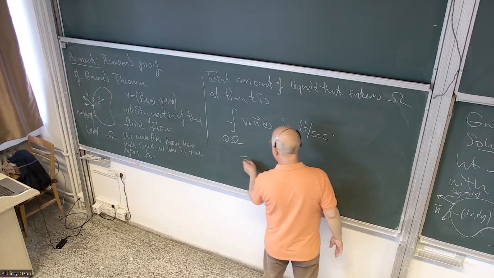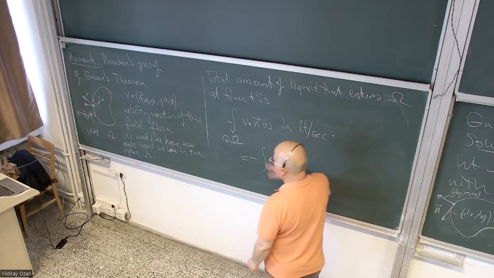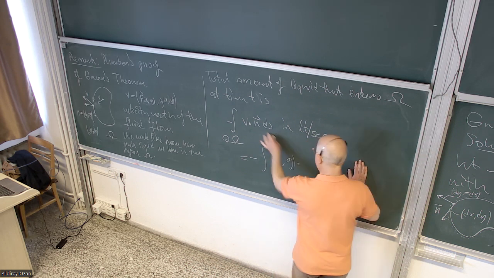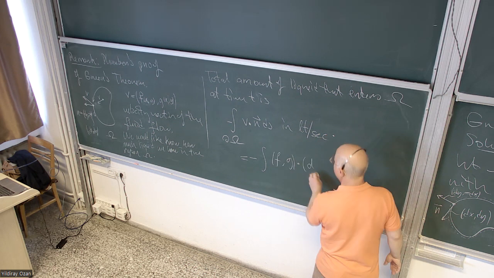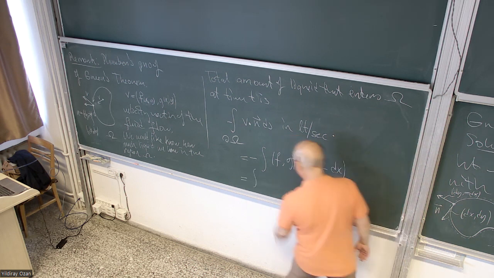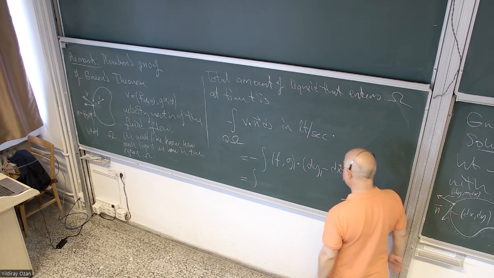So this is just minus. V is just (f, g). This is dy, minus dx. So this is just minus